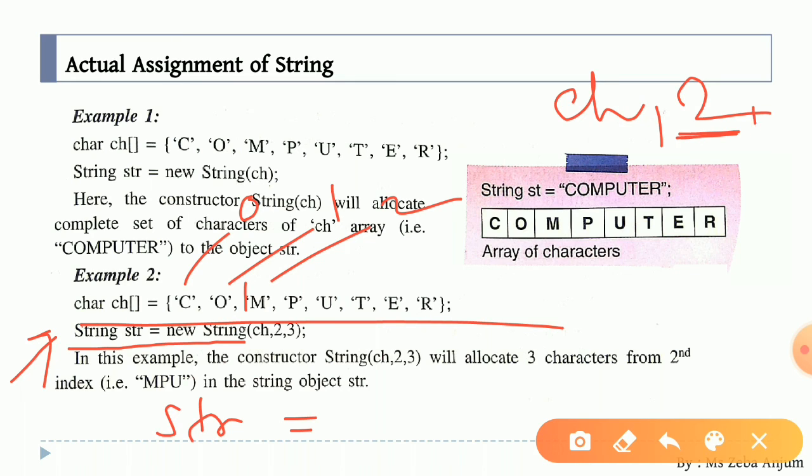Now what is this 3? From the starting position, 3 letters it is going to count. Okay, so mpu, total is 3, so str is going to get mpu in double quotes. Okay, so that is also a function of your string. Okay, you can avail the functionality. So that is how we are going to assign our string. Yes, don't forget to find out the answer about what is the difference of assigning a string by the direct method as well as by the indirect method.